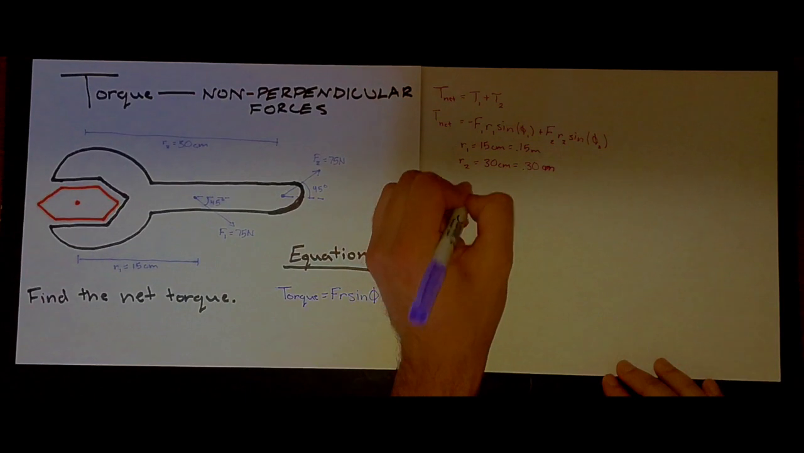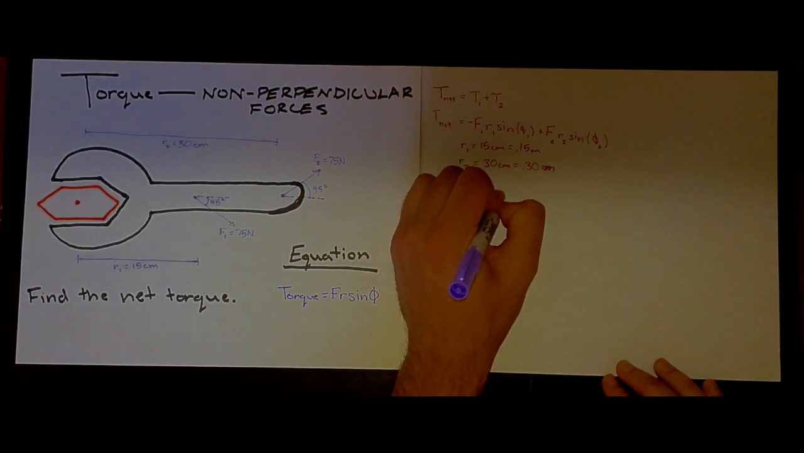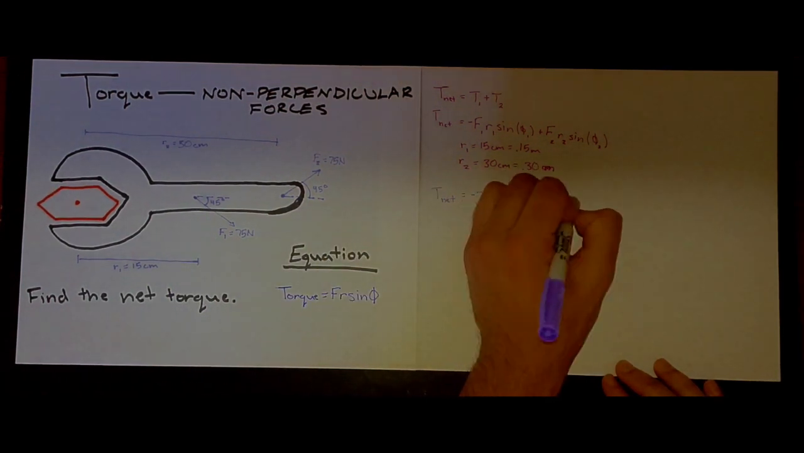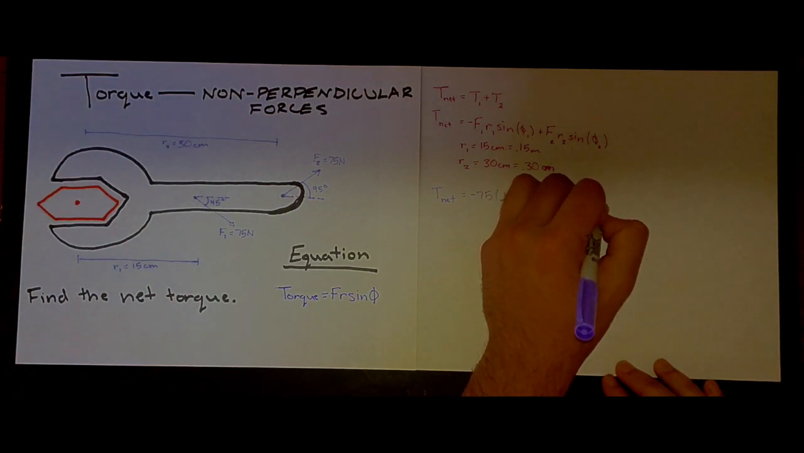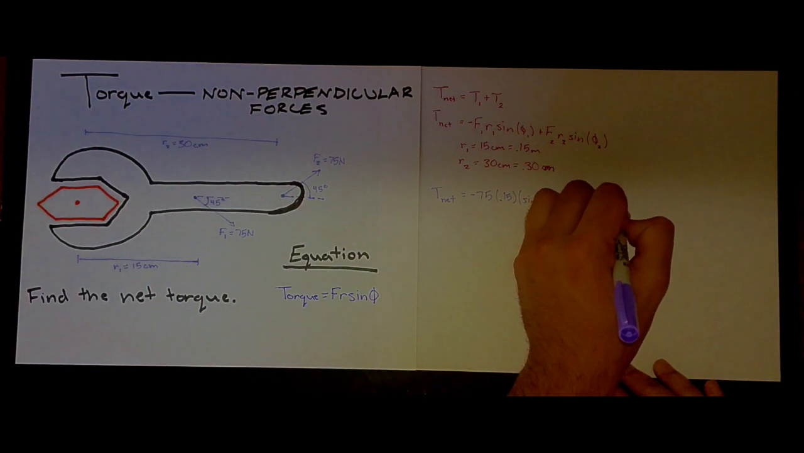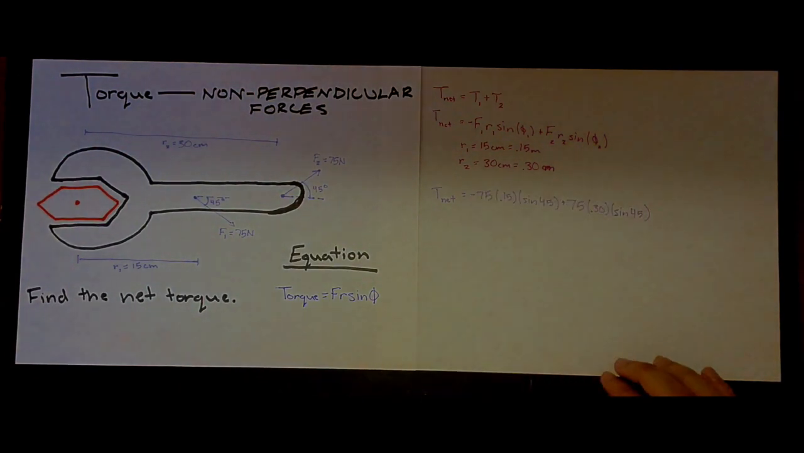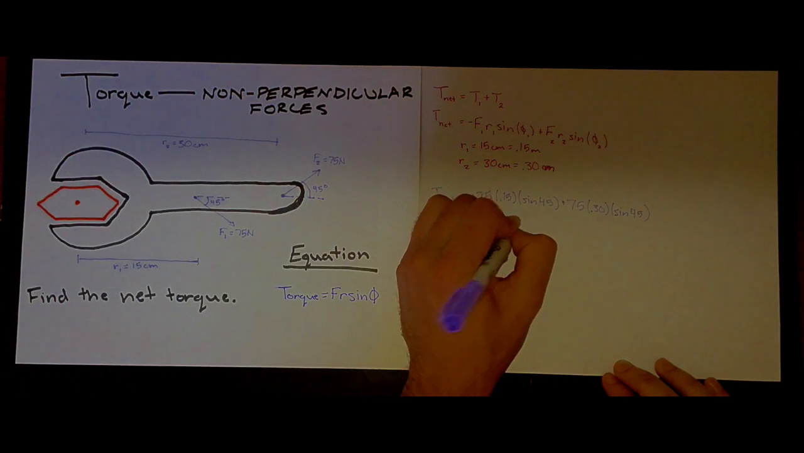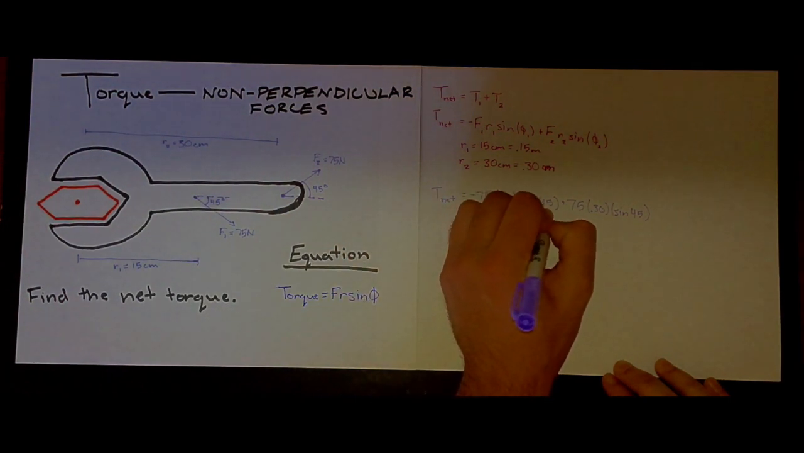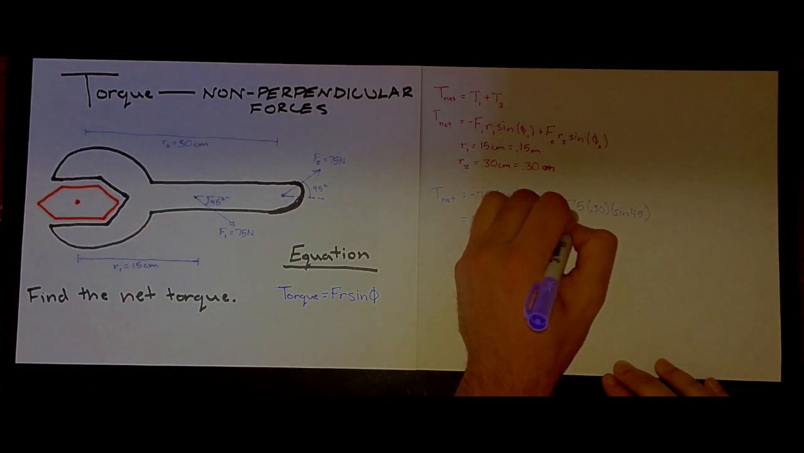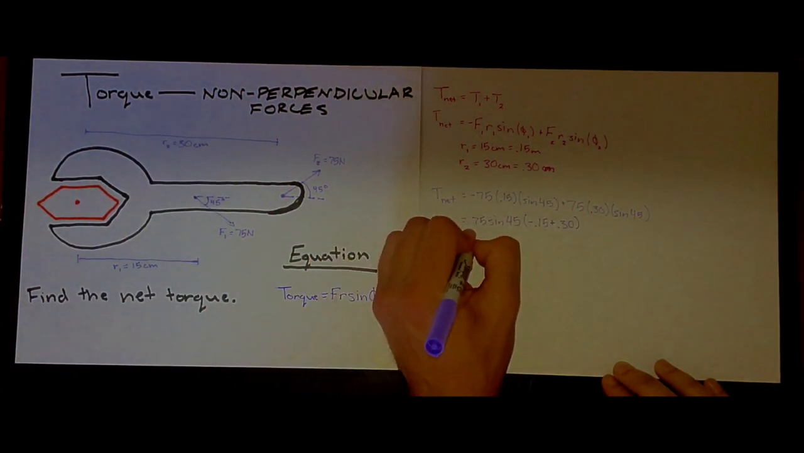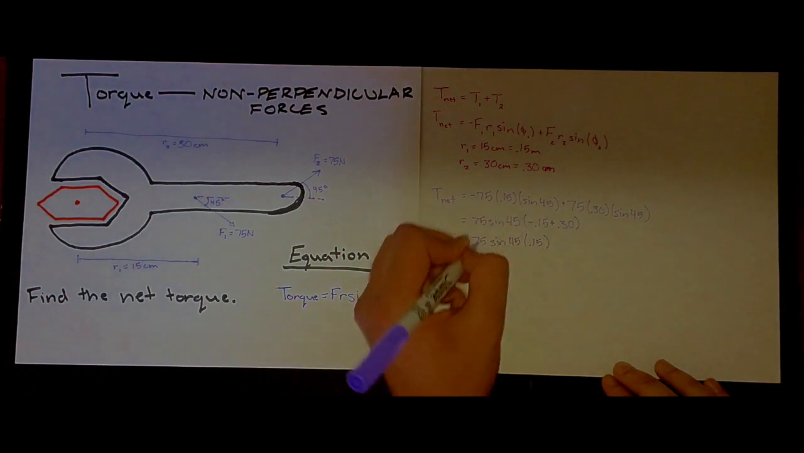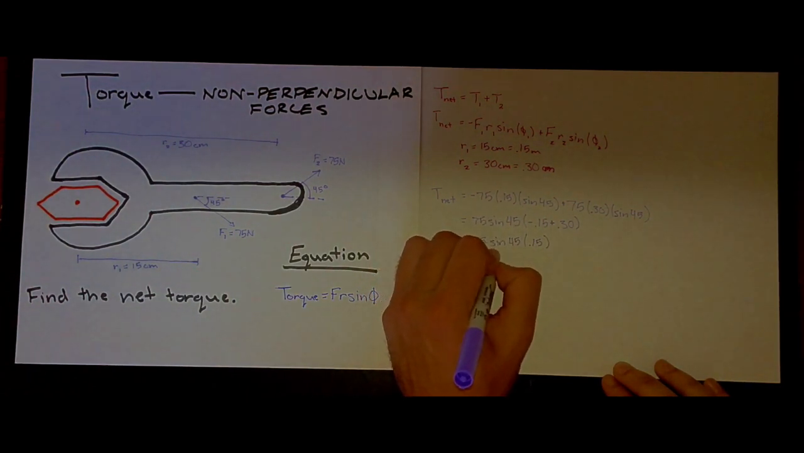Net torque is equal to negative 75 times 0.15 times sine of 45 plus 75 times 0.3 times sine of 45. We can simplify this by factoring out the 75 sine 45, which leaves us with net torque is equal to 75 sine 45 times negative 0.15 plus 0.3. This is then equal to 75 sine 45 times 0.15, which is the new length,